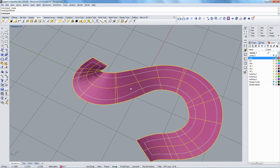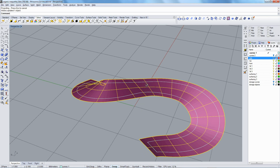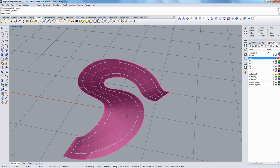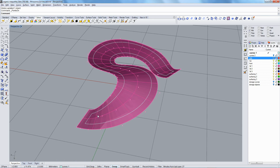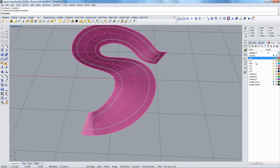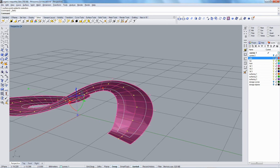Oh, hang on. I have to remember I added some control points. There are 22 now. I'm going to make that even more. I'll make it 25 to try and hang on to things a little more rigidly. And then I can turn on my control points again. And now to raise up the center of this piece, you don't want to just grab those points and pull them straight in the air. It will give you a very strange effect. If I grab this and I select the whole row and I use my gumball and I pull them up,